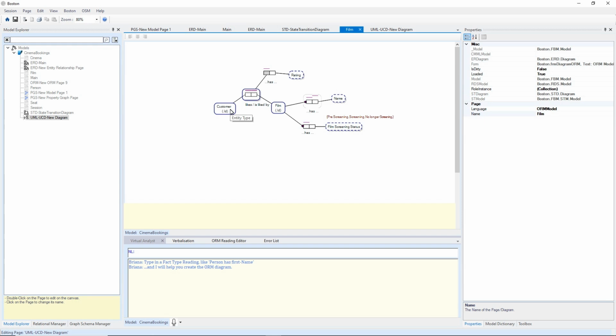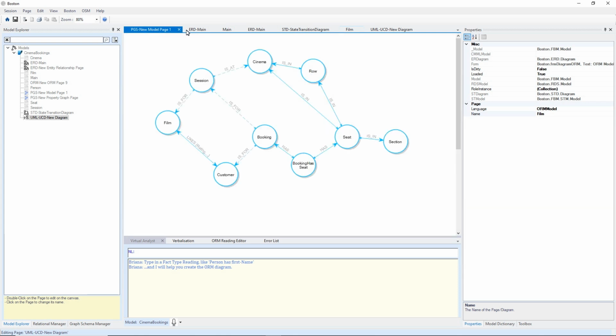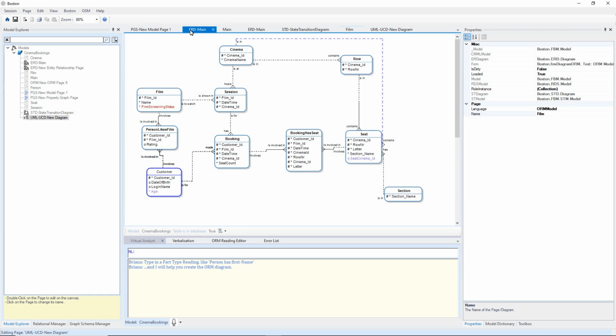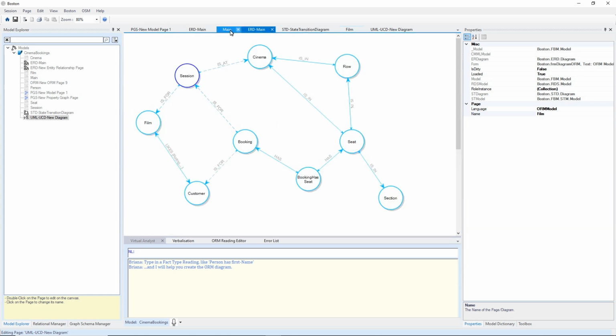And that it's more easily done when both the property graph schema and the entity relationship diagram have exactly the same